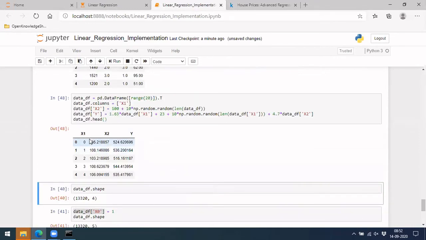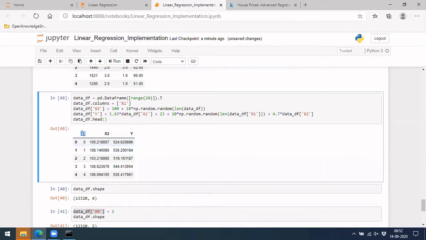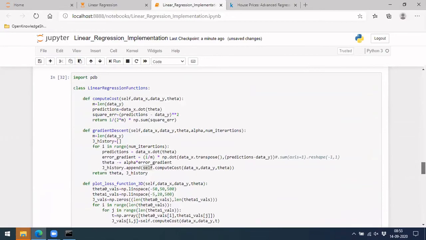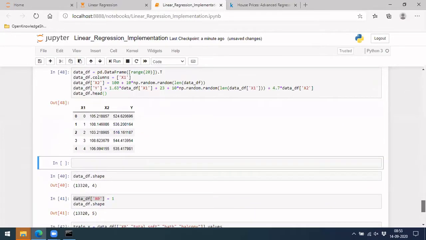Okay. See, now what we have done is taken a few values: we are taking x1, we are taking x2, and we are getting a y finally. These were the two columns which we have, and with that we have to predict y. We can't plot it directly in a 2D plot with x1, x2, and y, right? We need a 3D plot for it. But let's focus on something else. Like we already have a function, but it's not readily available, so we need to make some changes to it.